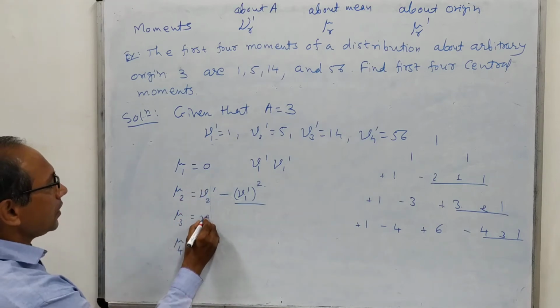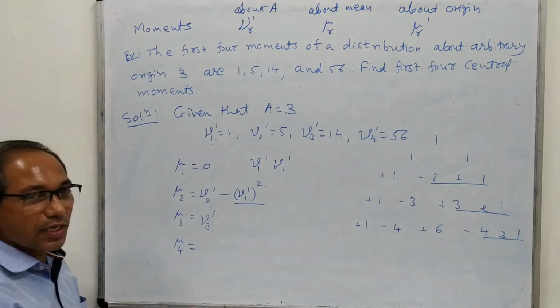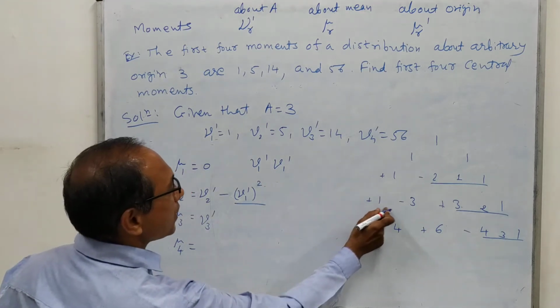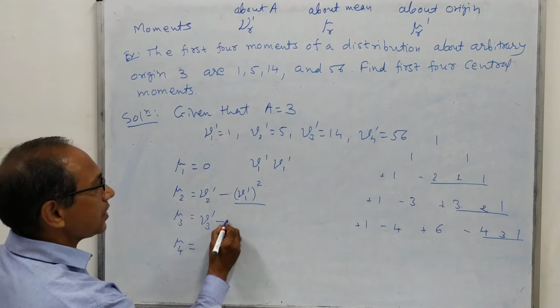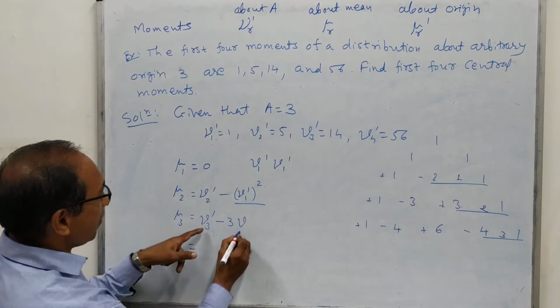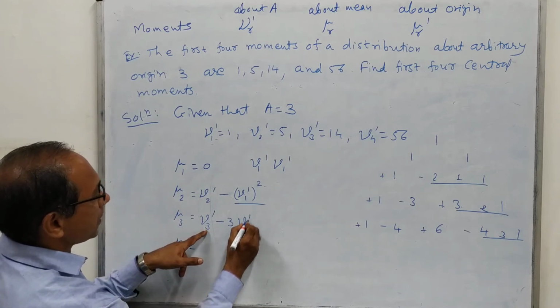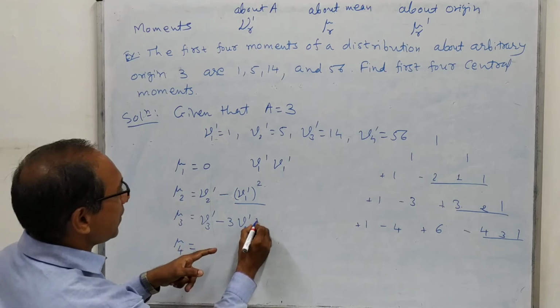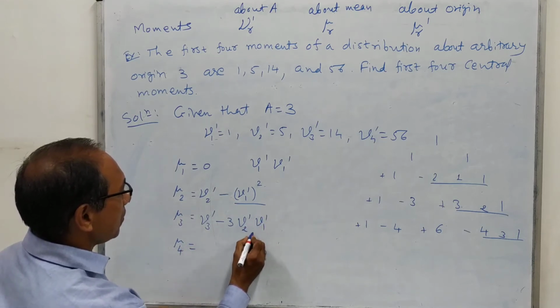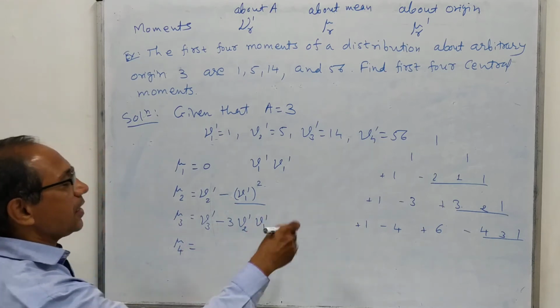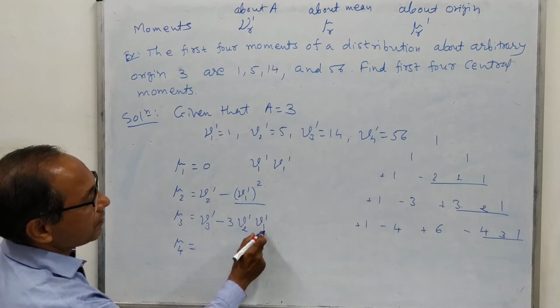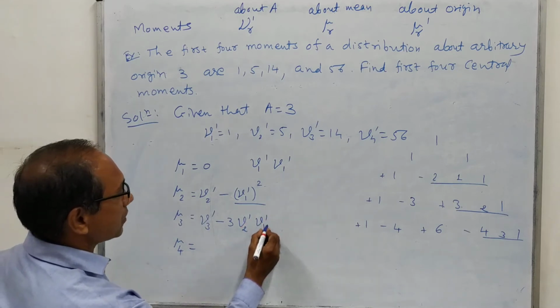Here again it is starting with mu 3 dash. So we will look over here. Mu 3 dash into 1. Then minus 3. The subscript of this one is decreasing. That means mu 2 dash. And then we will have to put mu 1 dash. Okay? Mu 1 dash. And then mu 1 dash square. This will be increasing. Minus 3.